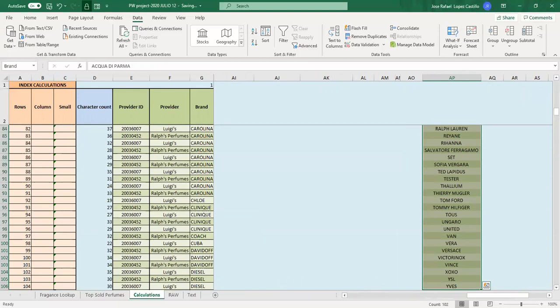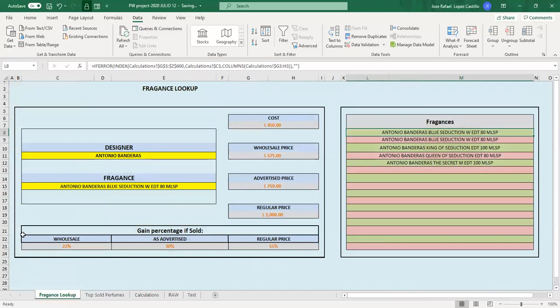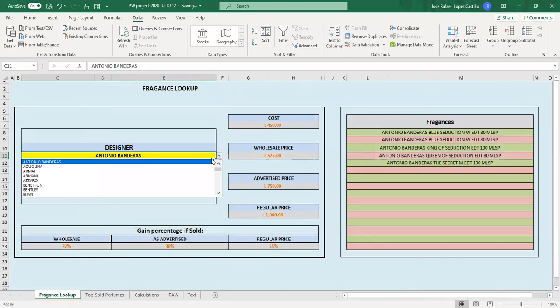We have a total of 102 brands. Okay, so I use this information and name them brand in order to go over here and enter it here in this data validation cell. Okay,